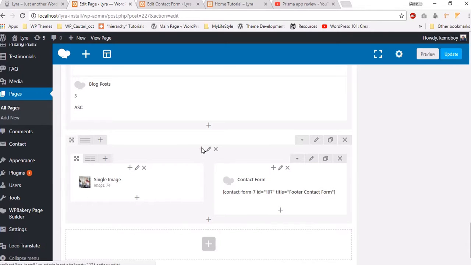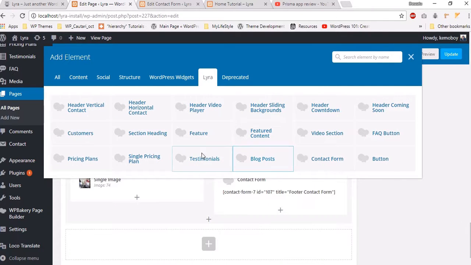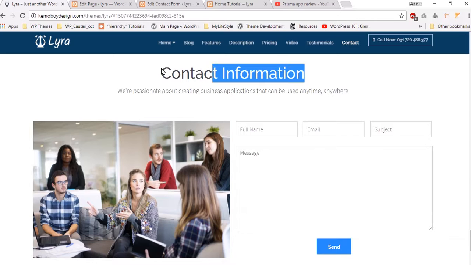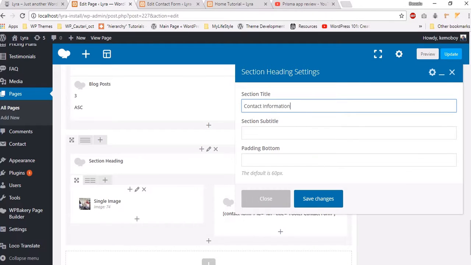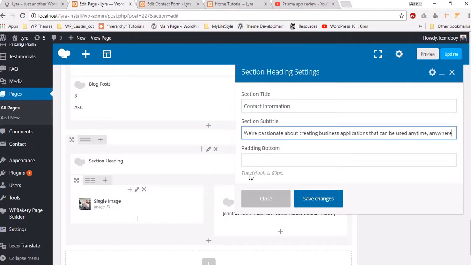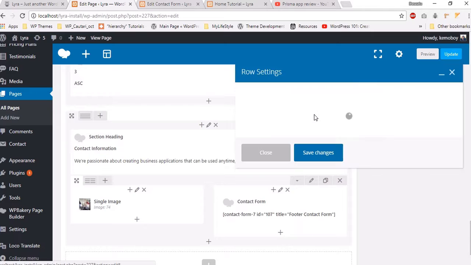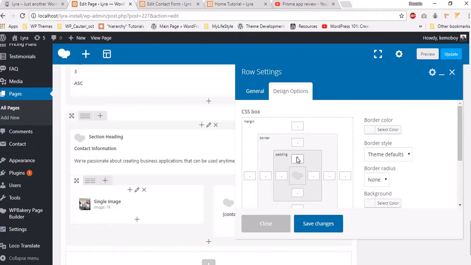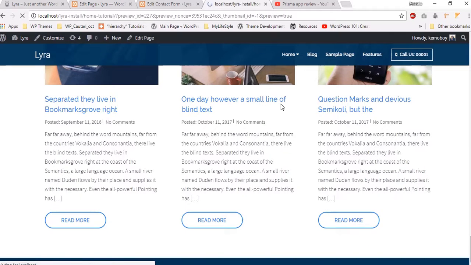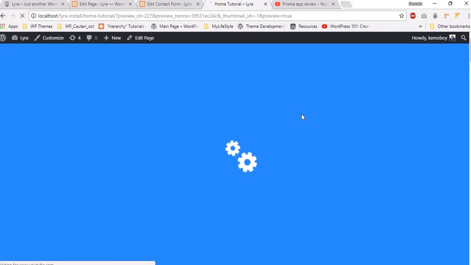Alright, and then you may want to add section heading. Let's say contact informations, and just copy everything, and the padding bottom will be 60 by default, and let's add as well a spacing of 70 pixels with 70 pixels. Click Save Changes. Let's preview the changes first before hitting Update button,